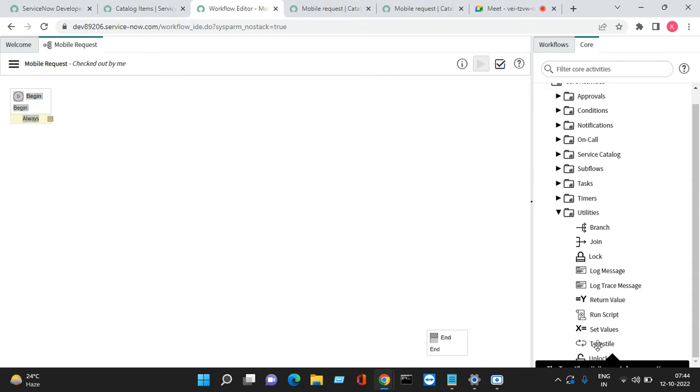And turnstile is an activity which is one of the most commonly asked interview questions. What is a turnstile activity in the workflow? The turnstile activity is if you want to control or set up how many times the workflow should return a value, then we can use the turnstile. For example,